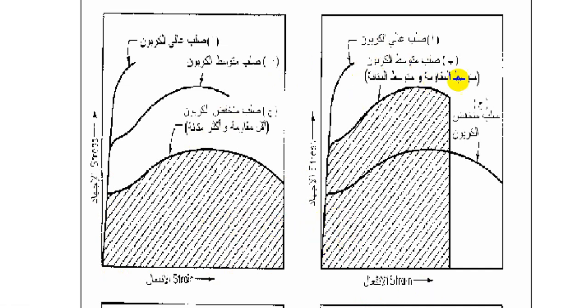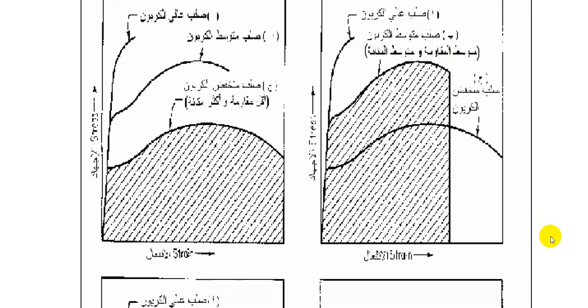So the high carbon steel has high resistance, and the moderate carbon steel has moderate resistance and moderate toughness at the same time. The comparison is shown here for the moderate carbon steel in figure A. In figure A, the comparison is mainly done for the high carbon steel as well as the moderate carbon steel in the toughness region, as a comparison between the strength and the corresponding toughness in the same